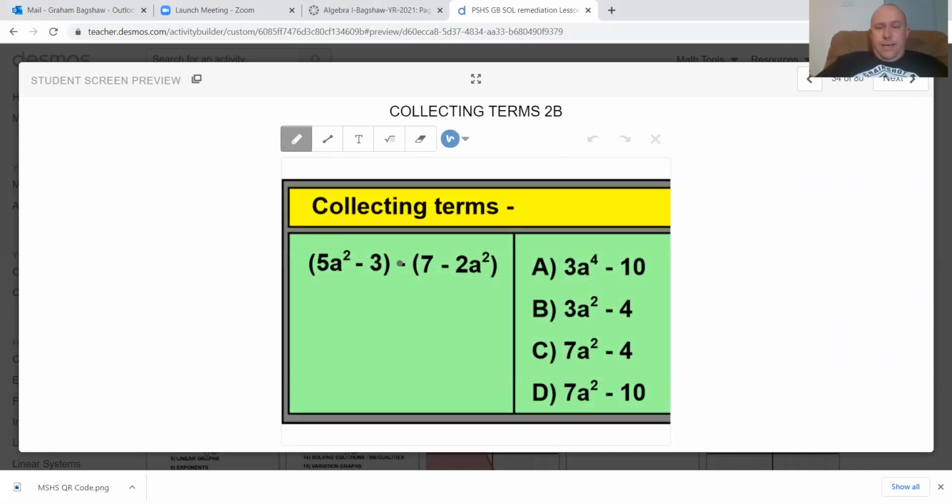If it's just a straightforward collecting terms like you see here, you can just look for like terms. So 5a squared, don't forget the subtract in the middle here. Take away negative 2a squared, because these are like terms. 5 take away negative 2, I know is 7a squared. So I've narrowed it down to 2. And I have negative 3 take away 7, which is negative 4. So I can pick my answer